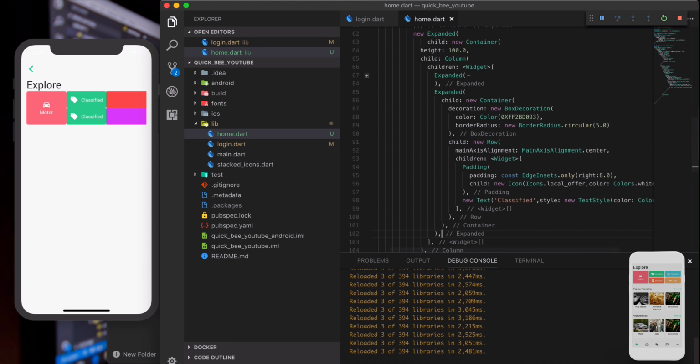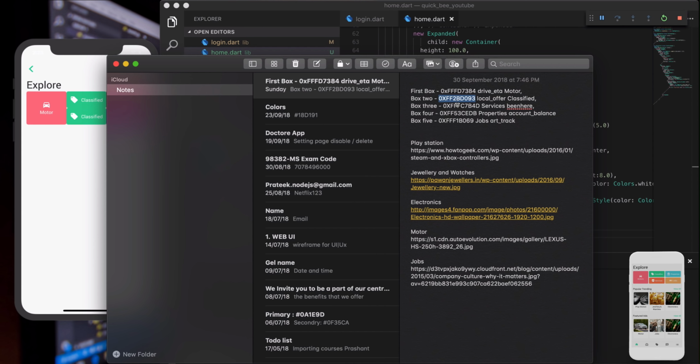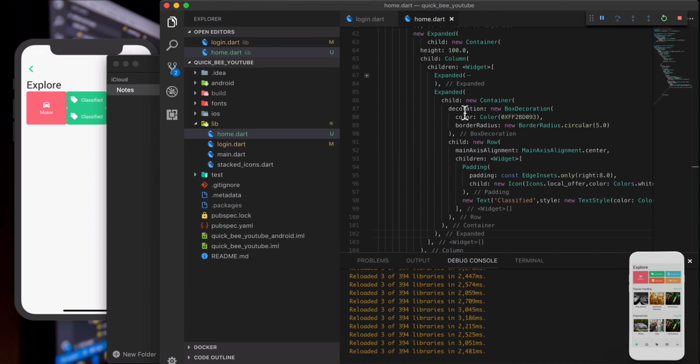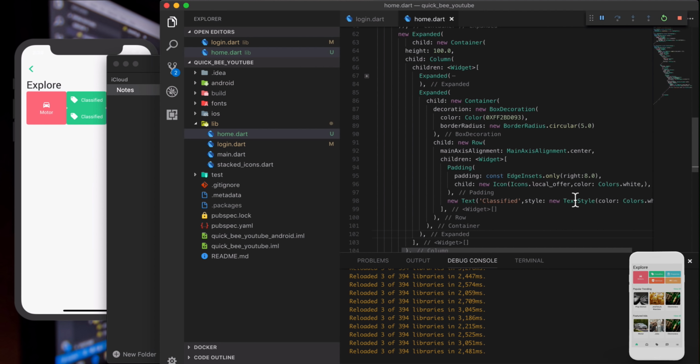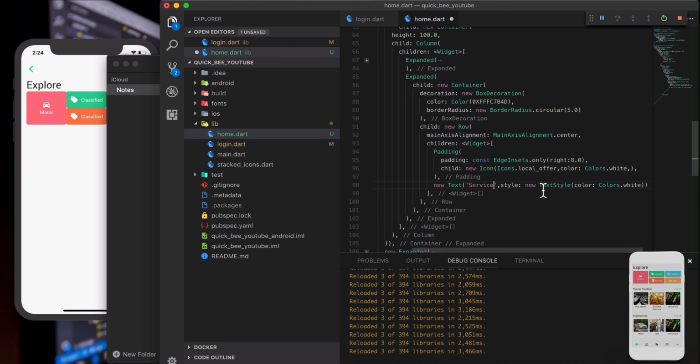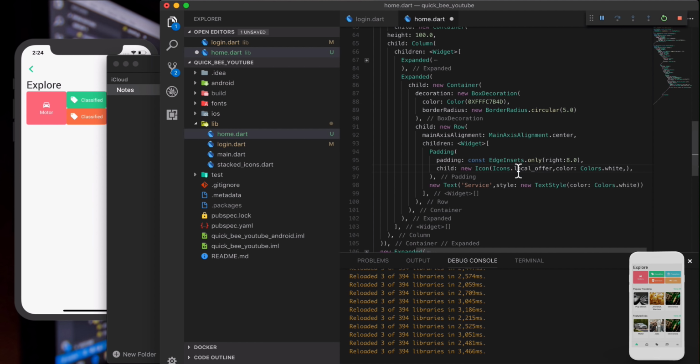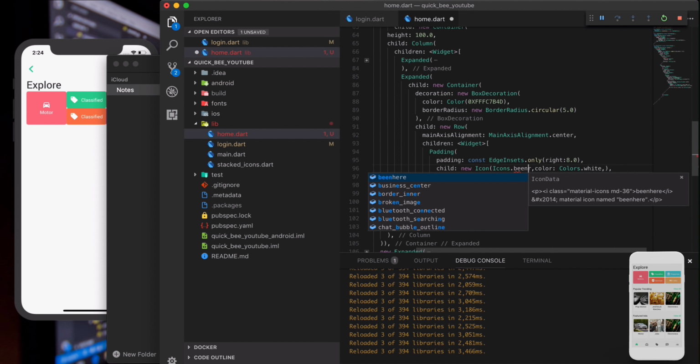Okay, so the very third one is going to be service. So the color is going to be somewhat like, wait, where is the color for the container? New row, and color is right over here. Remove that color, give this color, give the service, right, and inside the service, okay, and inside the icons we're going to use bin